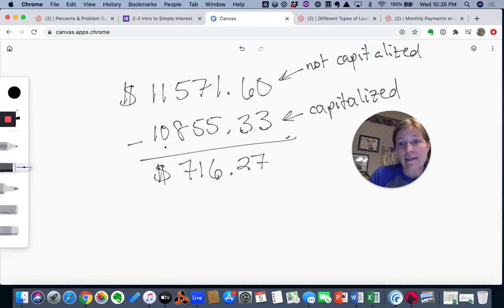Not capitalized, capitalized. $760.27. So you may think, well, boy, I should have paid interest that whole time and saved myself the $716.27. Or maybe you think,